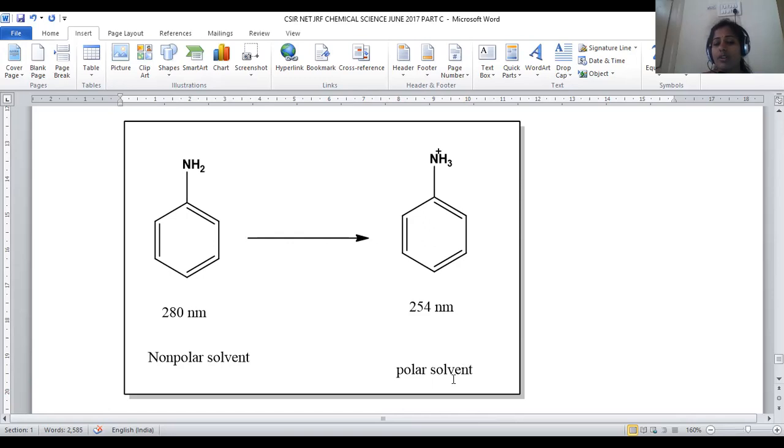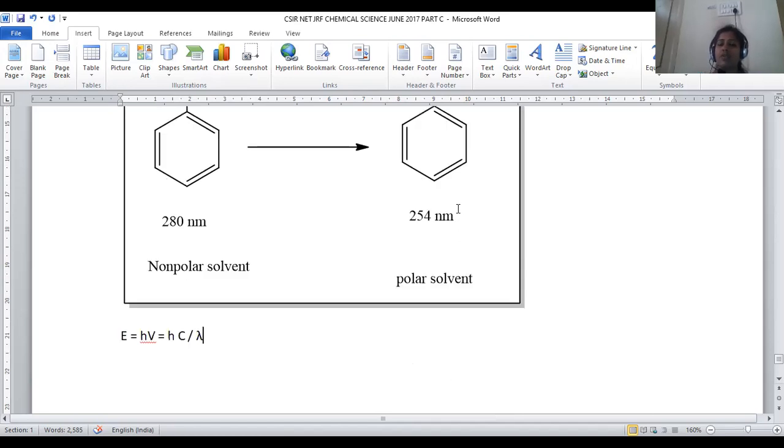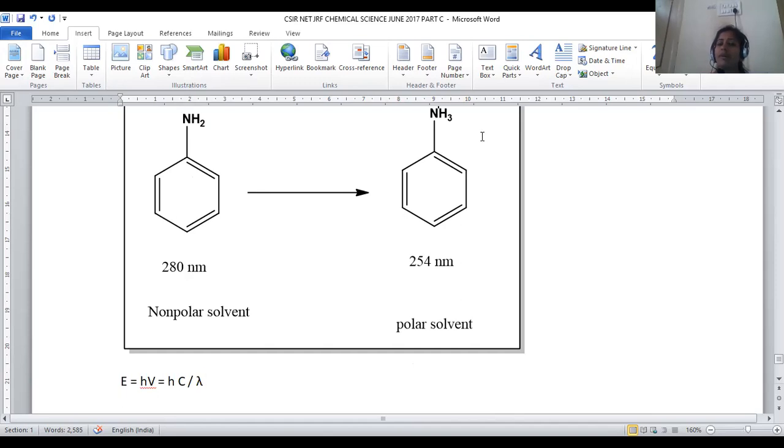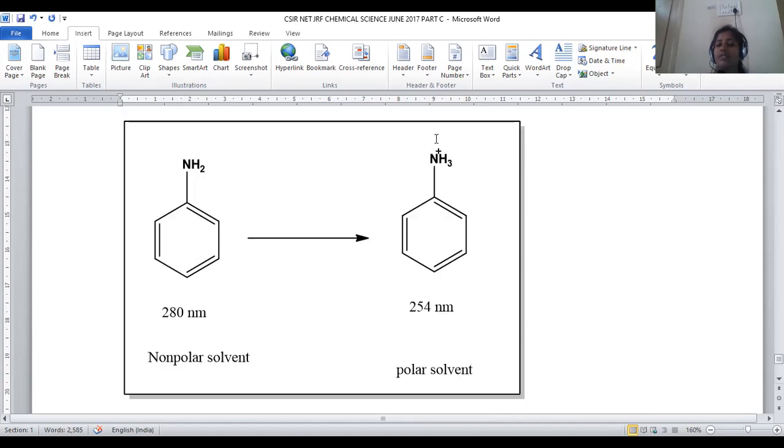What we are doing is dissolving it in the polar solvent in the second condition. So aniline is now dissolved in water, aniline now added to water. Upon addition of water, what happens? This nitrogen will be protonated. So NH2 now turned into NH3 positive. The non-bonding electrons present on the amine group are totally lost. No non-bonding electrons are present now. Then what excitation can you observe? Only pi to pi star and sigma to sigma star type transitions are possible, but the n to pi star transition is missing in the case of polar solvent.